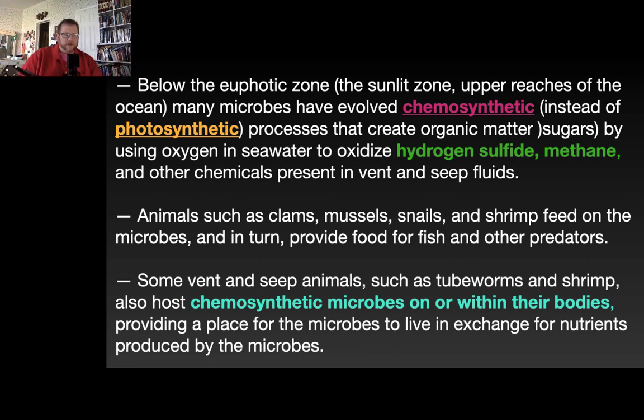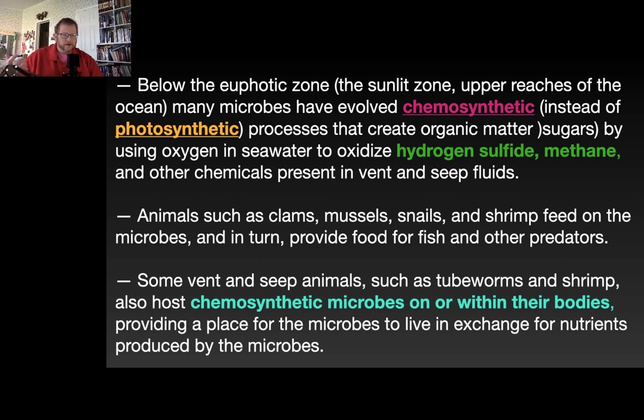So oxygen breaks down sugar to create energy, but to make food, that's the sugar, photosynthesis takes water and carbon dioxide. Well, in chemosynthesis, it takes in oxygen from the seawater, and then it uses hydrogen sulfides, methanes, basically hydrocarbon,